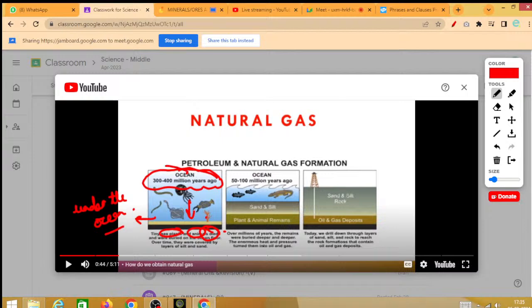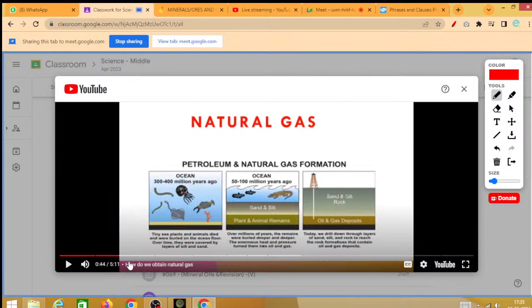How come they get buried under the ocean? They have not been buried. Sometimes they die, then they go down. They can't float anymore. So they get down and down and down and they get buried there. Right? So what is actually getting buried? The dead